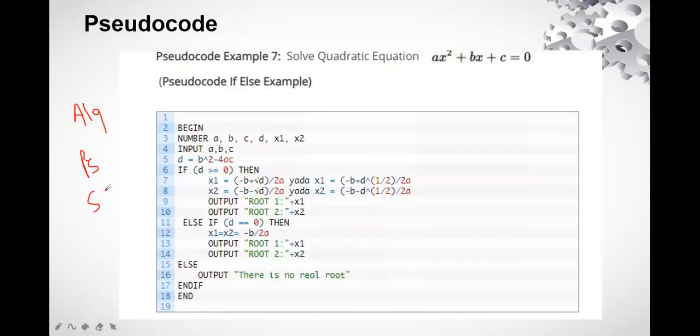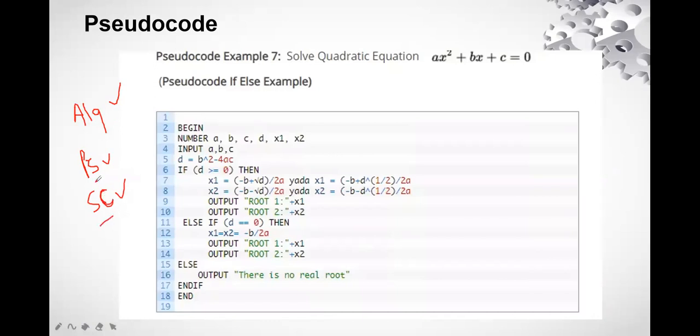We are all aware that an algorithm is the logical sequence for solving a particular task. Pseudocode, I'll tell you right now. And source code is the implementation of code in a specific language.